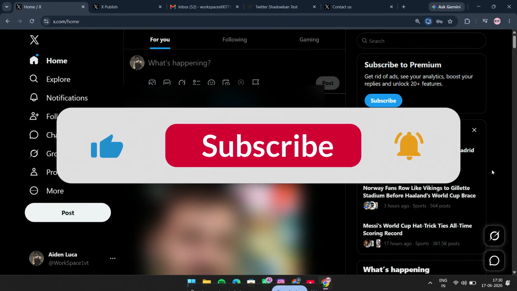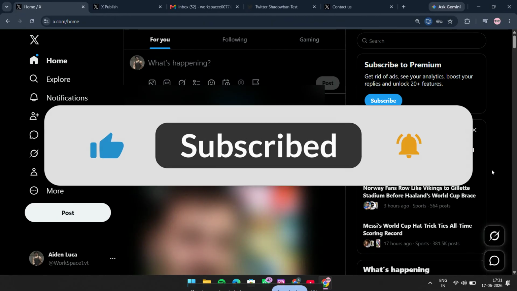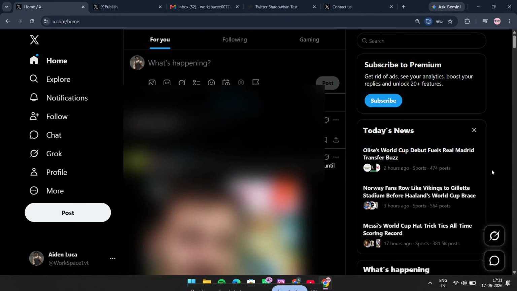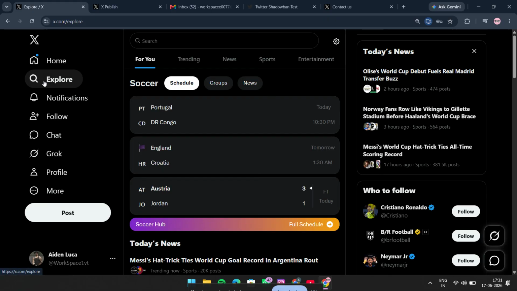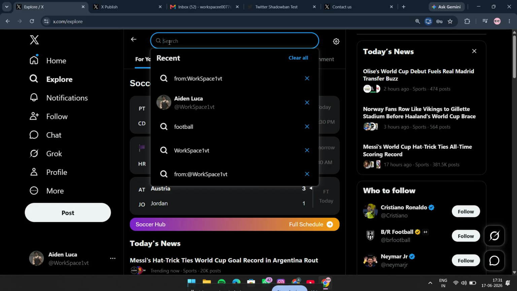Alright, let's jump in. First, go to x.com and make sure you're logged into your account. Once you're on the home page, look to the left side and click Explore. This is where X lets you browse trending topics and search for content across the platform. In the search box, type your keyword, phrase, hashtag, or account name, then press Enter on your keyboard or click